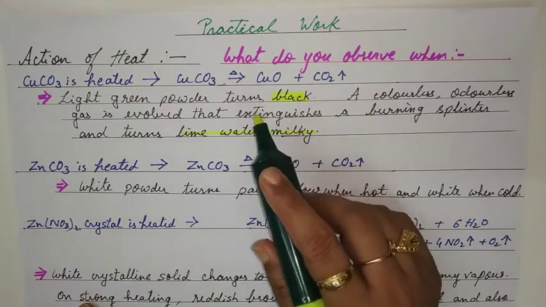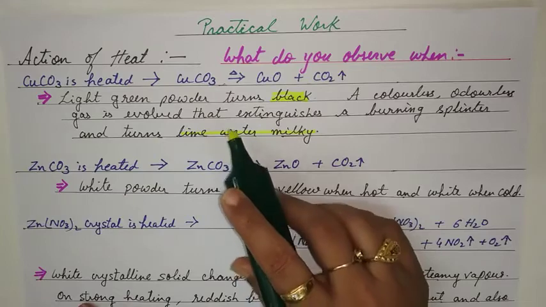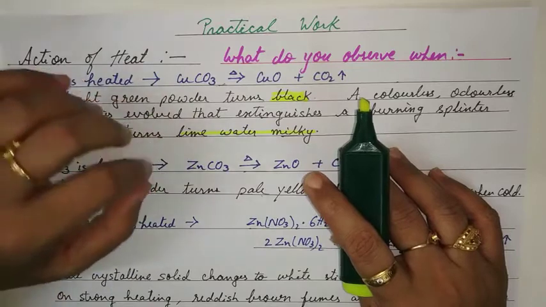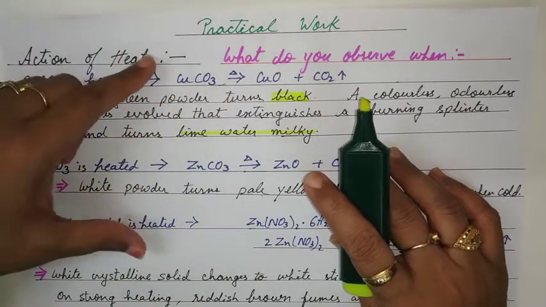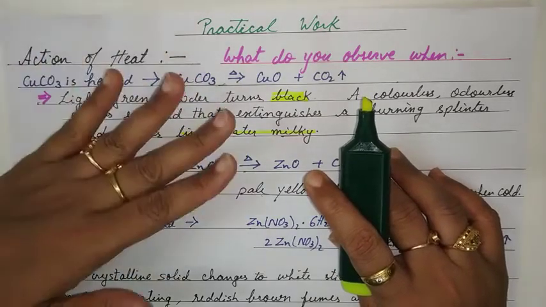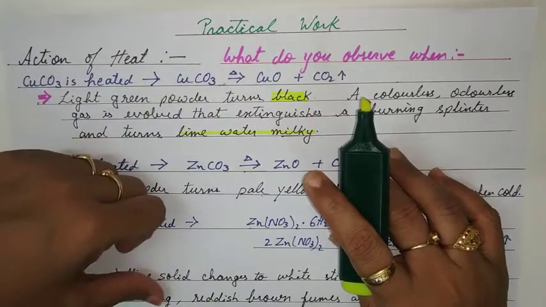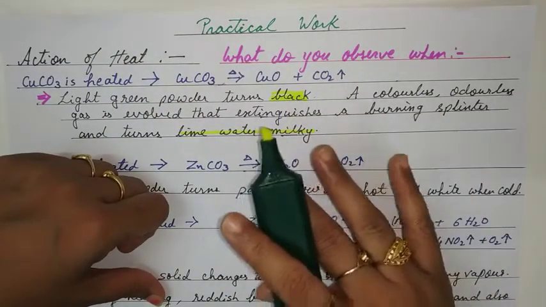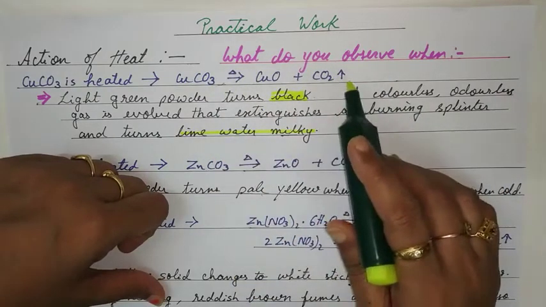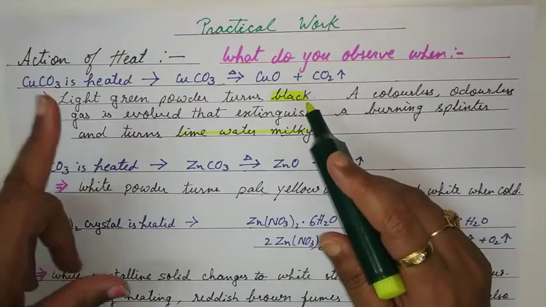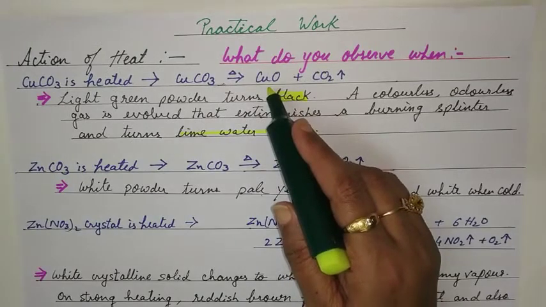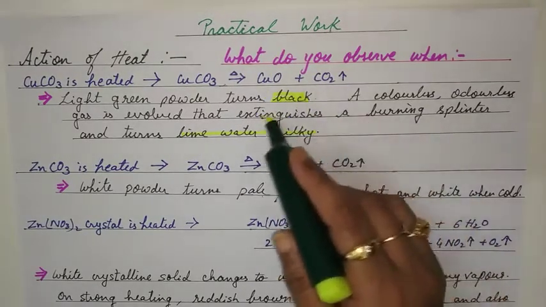So in this particular part of the chapter, we are talking about the entire observation. That video was only telling you about the types of gases, how do you know which type of gas this is, how to identify between the two gases, what are their properties, and what is the confirmatory test. All that was done. Here we are again going to repeat it, but at the same time the question type has changed. Here the question type is about every change. What do you exactly observe? There the question was which gas was released. So here we are talking about CuO, black in color we know, and all the detail about CO2.